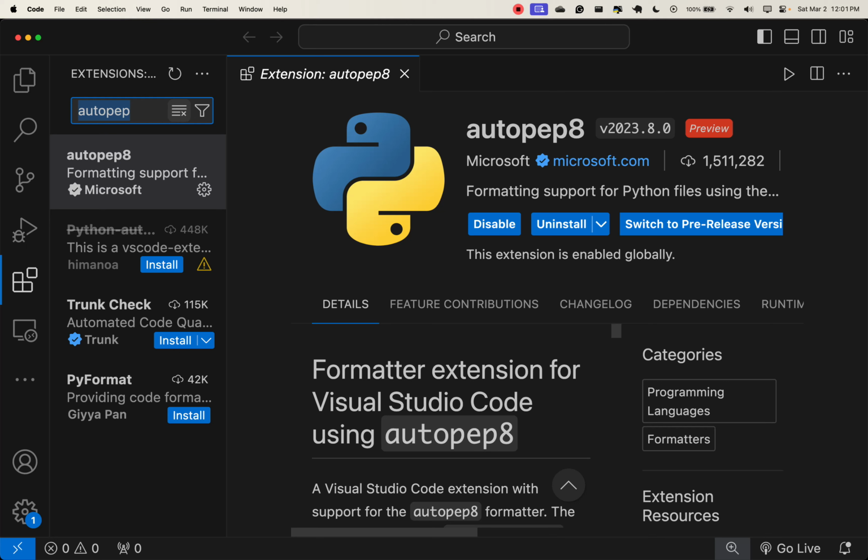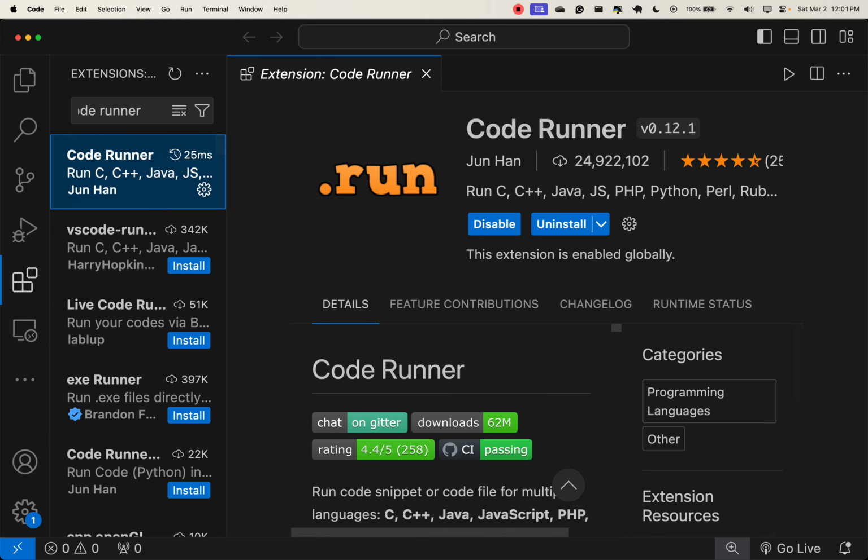Another thing that I would say you should install is Code Runner. And what Code Runner does is that, recall that the last time when we were running our application in PyCharm, we typed in python, and then we typed in the name of the file .py. Of course, the same thing is possible in VS Code. However, there are times that you might just want to use a button rather than just typing python, whatever. So for that, you can actually use the Code Runner. So the Code Runner just gives you a button like this to run Python. So all you just need is just type your code and just come to this place and just hit the